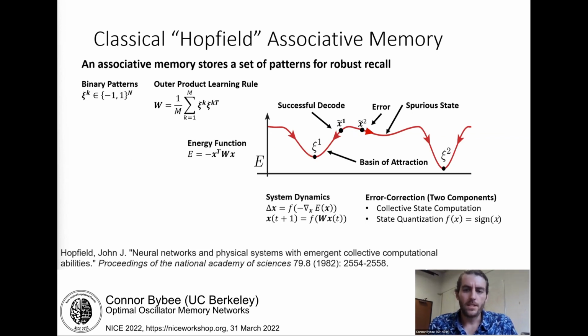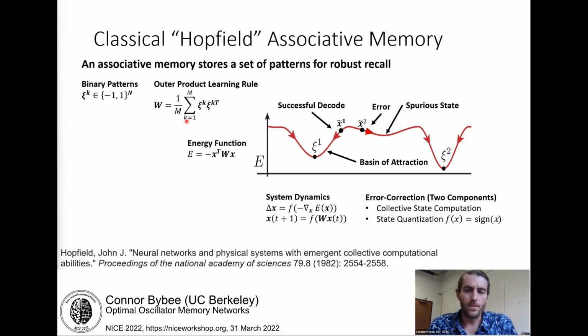The associative memory consists of a network of units, or neurons, and each unit is allowed to take one of two possible states. Here, -1 or 1. A memory or pattern is a high-dimensional vector. Like the state variables, each element in the pattern vector can take one of two possible values. Hebbian learning is used to store a set of patterns distributed through the network in the synaptic weight matrix.